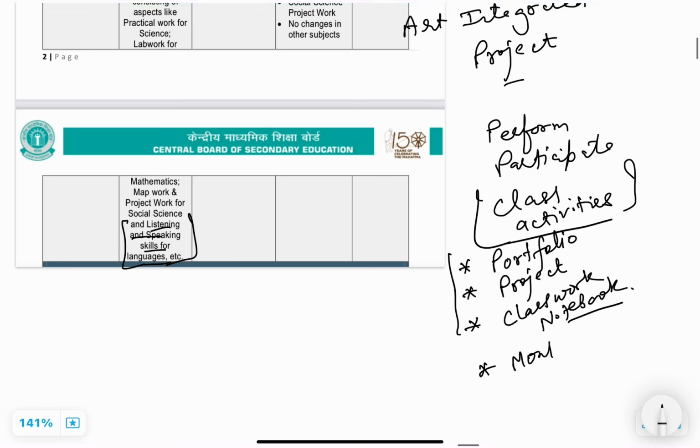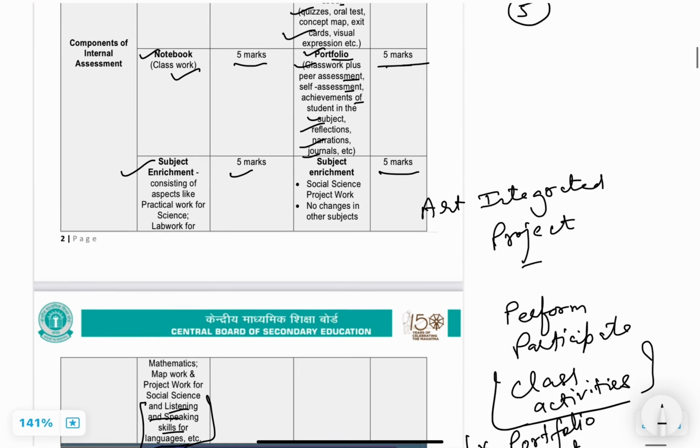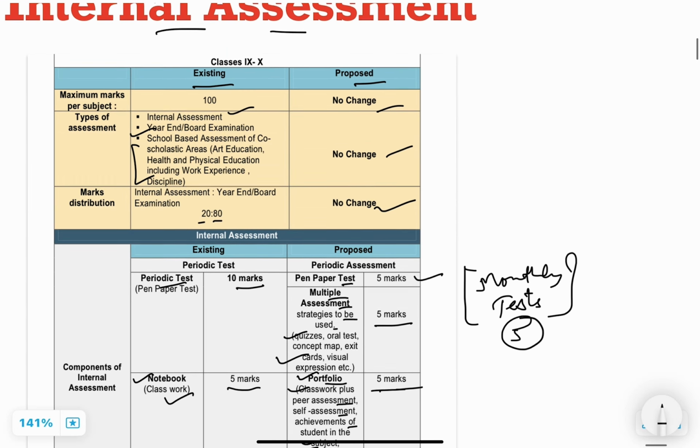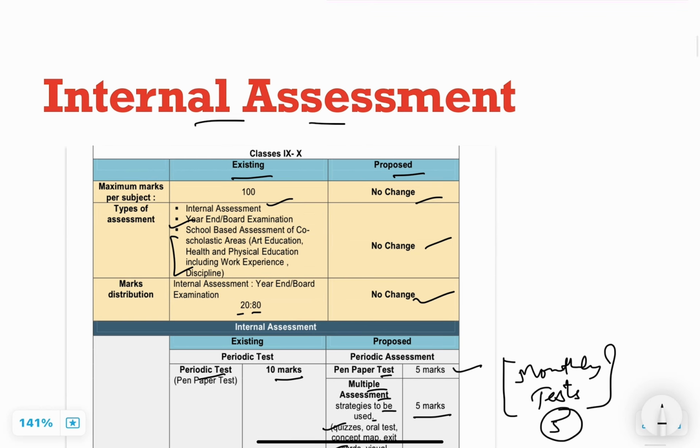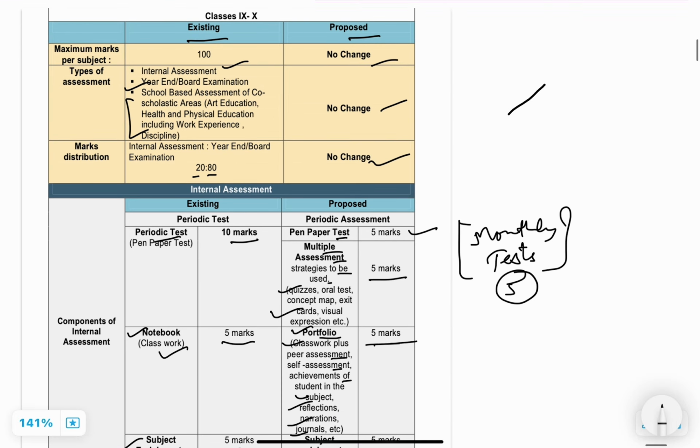And another point is your monthly test or your class test, your performance in these tests. This depends on the teacher or the school, how they carry out all these activities. So you are to grab these 20 marks with the help of your own hard work. And how to maintain your notebook, I will upload a video related to this. Apart from that, for the art integrated project, I shall upload a separate video on this topic also: how to make the project, the ideas, and different ideas according to the topics.